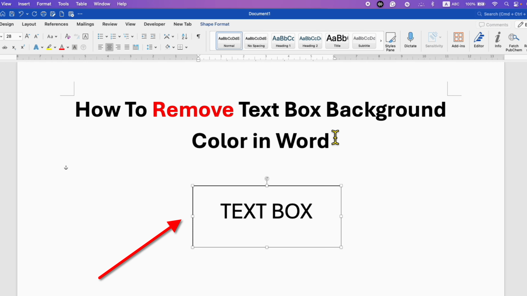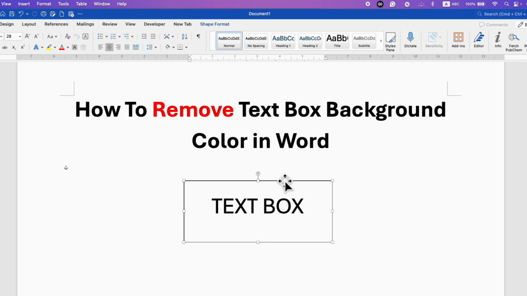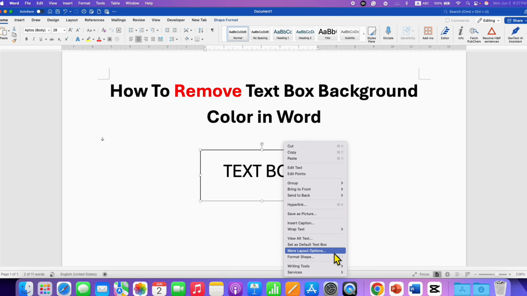How to remove text box background color in Word document. As you can see, this text box is not a transparent text box. To remove the color, the white color, you need to right click on the border, then go to the format